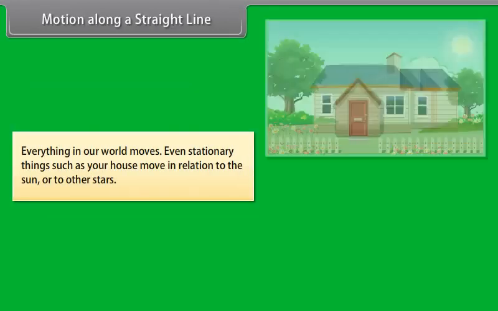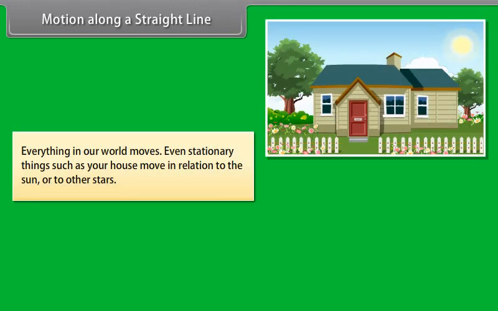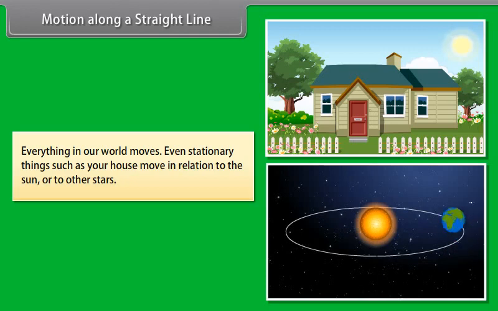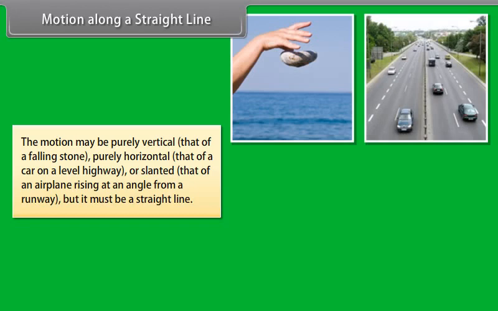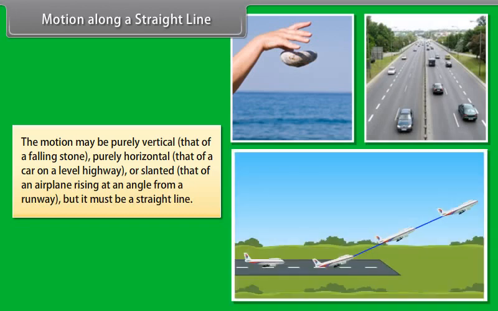Motion along a straight line. Everything in our world moves. Even stationary things such as your house move in relation to the sun or to the other stars. The motion may be purely vertical, that of a falling stone, purely horizontal, that of a car on a level highway, or slanted, that of an airplane rising at an angle from a runway, but it must be a straight